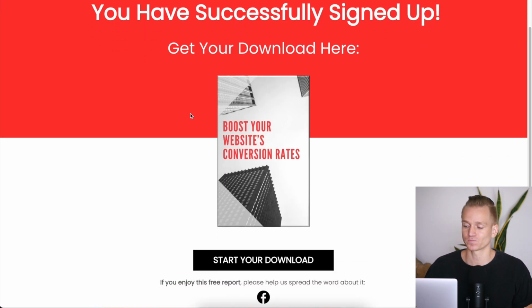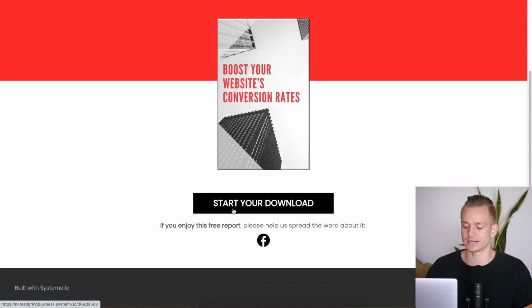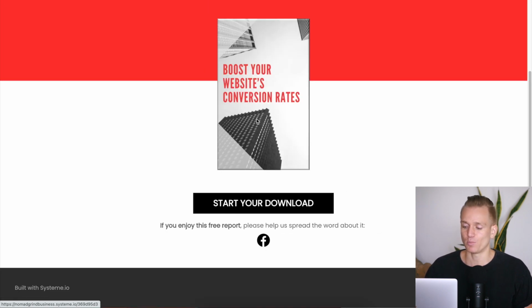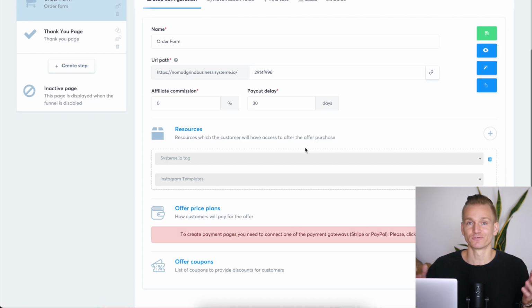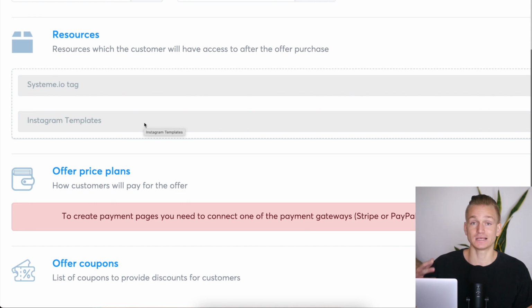And for example, this is what it would look like, and you can have a button where basically it says that they can start your download right away if it is a downloadable thing. But if you're, let's say, just sharing a link from Canva, the one that people can open, you can also set up emails. So for example, in the order form right here, we chose that when someone makes a purchase,